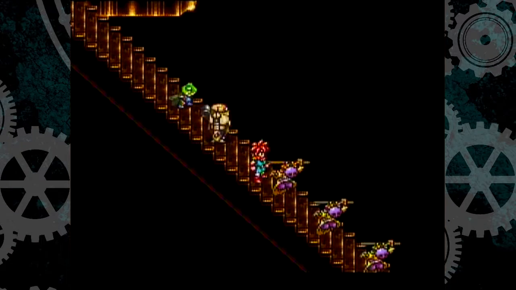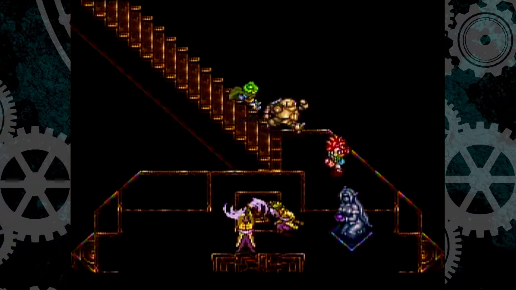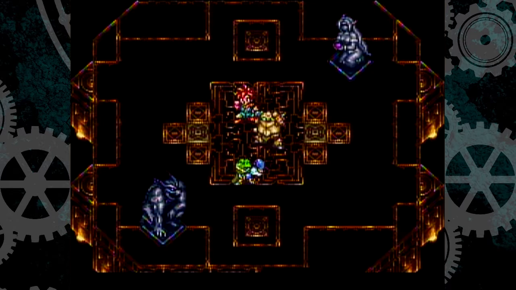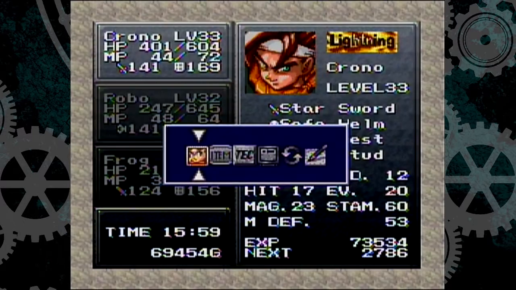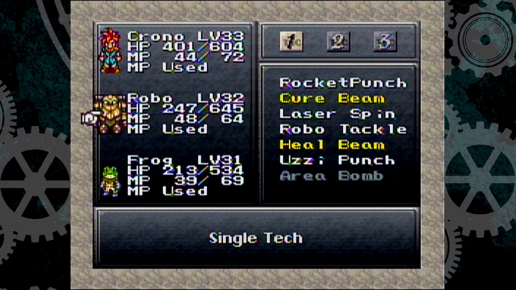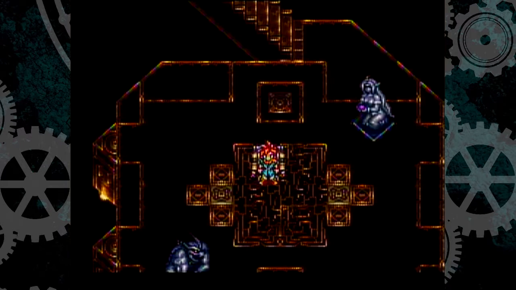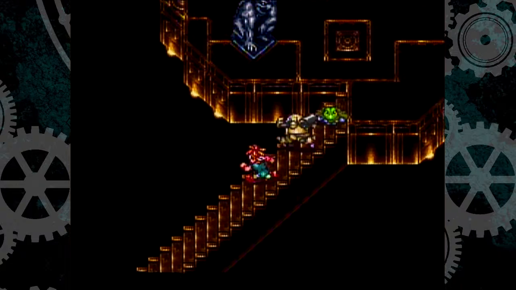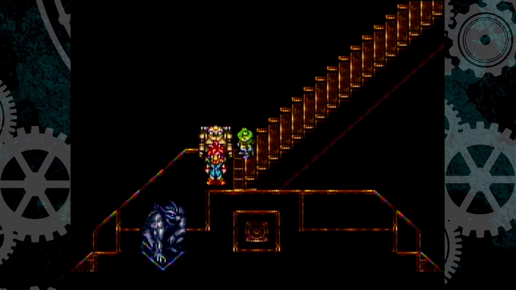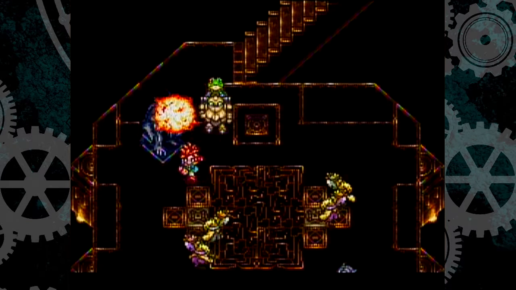Okay, let's see if I can dodge these guys. Just die. And let's see if I can avoid. Nope. Okay, Robo learned Uzi Punch, which sounds as awesome as it... Well, it is as awesome as it sounds. It's a multi-punch attack. So I'm pretty excited to show this off at some point. But yeah, that battle was annoying. I feel like there's a better way to fight those Thrashers, and I'm just not knowledgeable of how to fight those Thrashers in a more efficient way, so I should just...